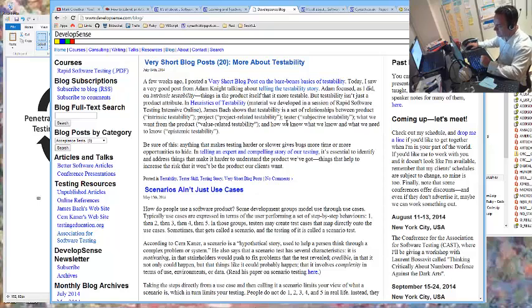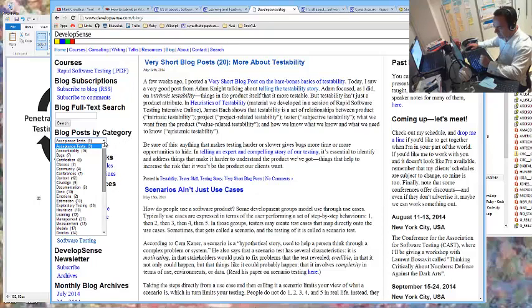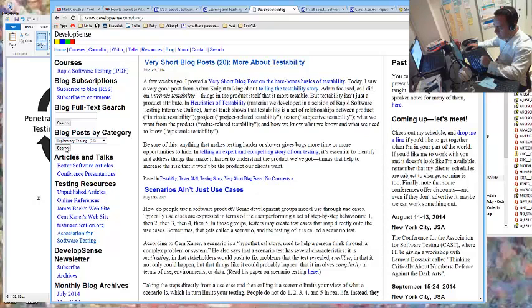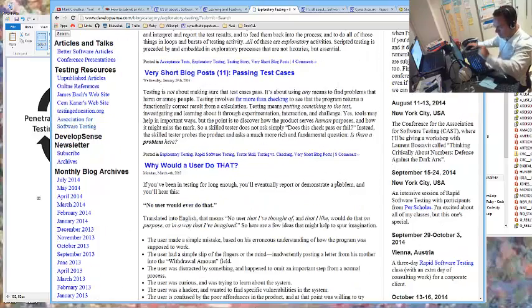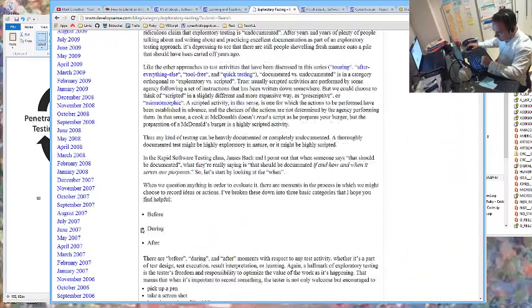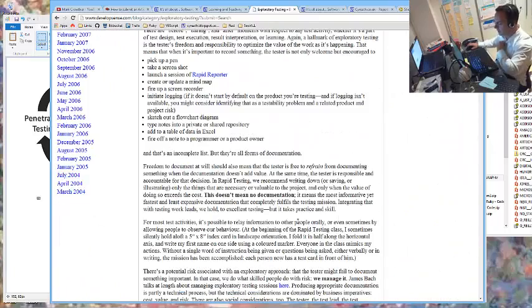Now, what he was doing was going through Michael Bolton's blog and using this category selector down here, reading extensively about specific testing topics. So, for example, rapid software testing or heuristics or exploratory testing. And this is a great little feature on Michael's site where, if you search by this, I mean, again, Michael's been blogging forever, right? You get a related set of articles.